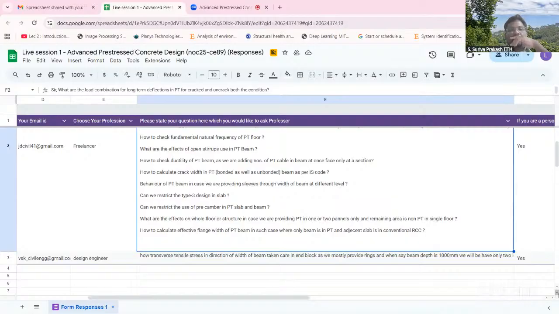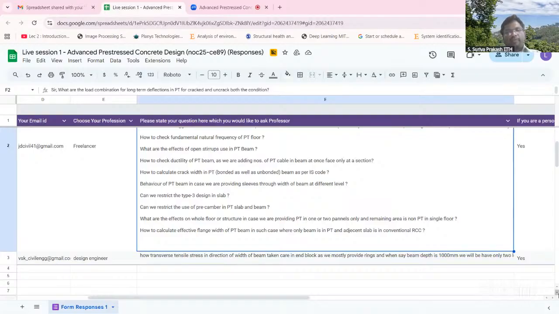See, again, in an unbonded system, it's quite more involved. In IS code, it gives you type 1, type 2, type 3. It gives you that hypothetical tensile stress, right? If you are designing for a 0.2 millimeter crack width, depending upon your exposure condition, 0.2 or 0.1, the maximum allowed is 0.2, right? So type 3 design, then it gives you the maximum hypothetical tensile stress that you can assume